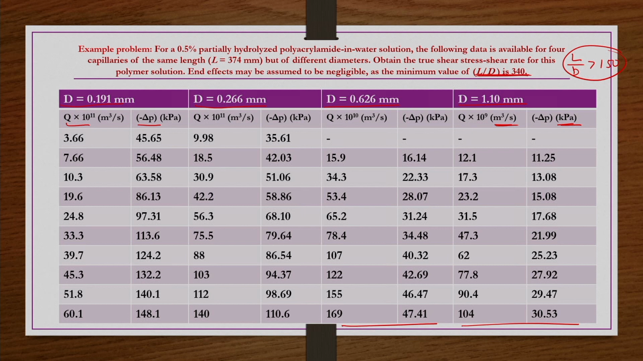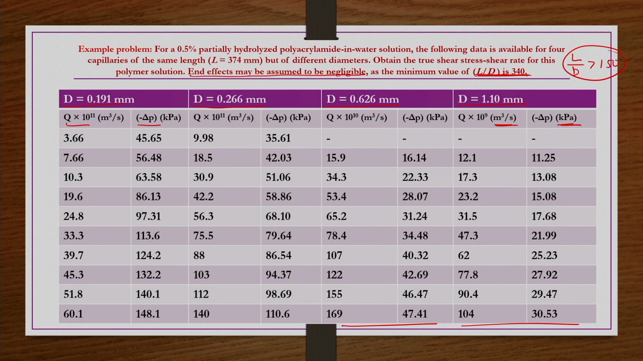So now, first we have to see whether the wall slip effect is required or not. In the previous class, we established how to make corrections for the end effects. But now the problem statement itself says to neglect the end effects, because L by D is 340, minimum L by D is 340,